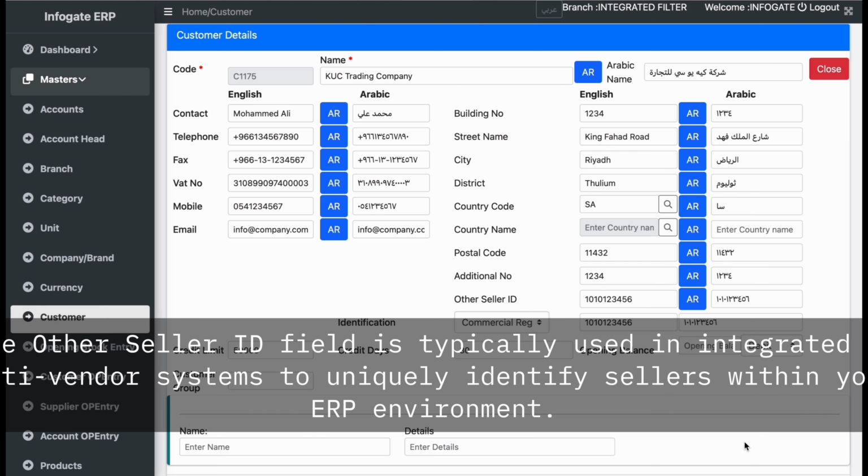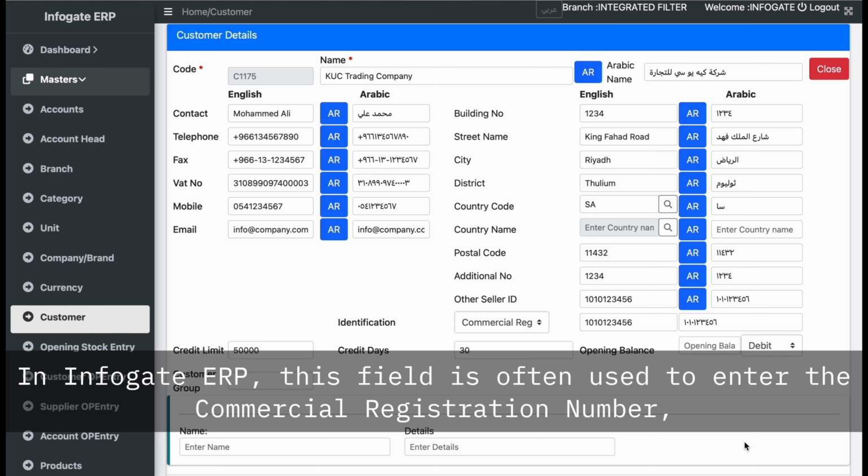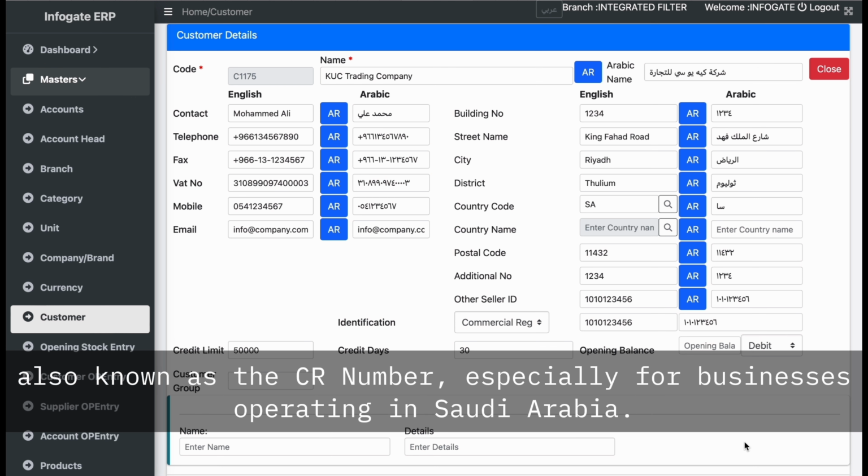The other seller ID field is typically used in integrated or multi-vendor systems to uniquely identify sellers within your ERP environment. In InfoGateUp, this field is often used to enter the commercial registration number, also known as the CR number, especially for businesses operating in Saudi Arabia.